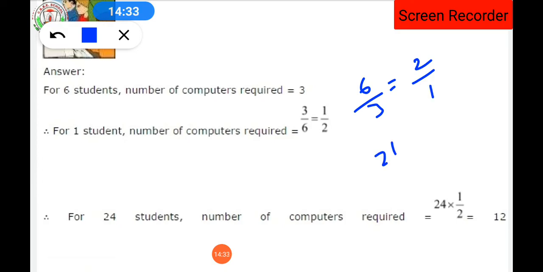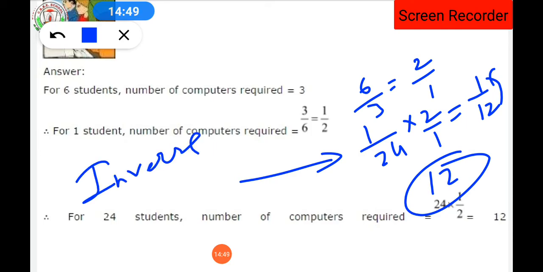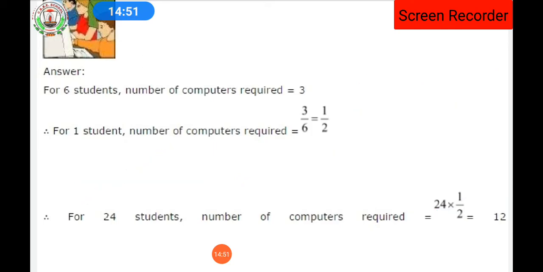फिर 24, 1 upon 24 is multiplied by this number, so you are getting the answer as 1 upon 12. While doing the reciprocation of that number, you are also getting the answer same as 12, but this method is inverse method. इस मेथड को क्या बोलोगे? इन्वर्स मेथड, जो कि आपके क्लास 8th में है, अभी क्लास 7th में नहीं है. ओके, सो बेटर टू डू दिस डायरेक्ट मेथड.